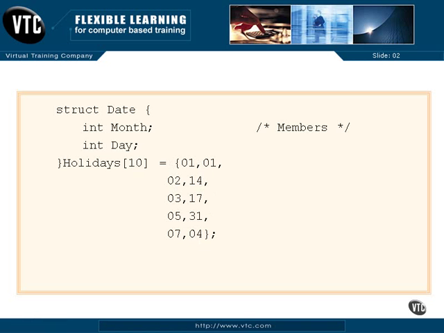So very, very similar to the arrays that we've already talked about. I just want you to be aware that you can have an array of structures. You still use the dot member to get to the members of the structure. So holiday sub-0 dot month or dot day. Really nothing new to put in there, just that a single structure can be formed as a member of an